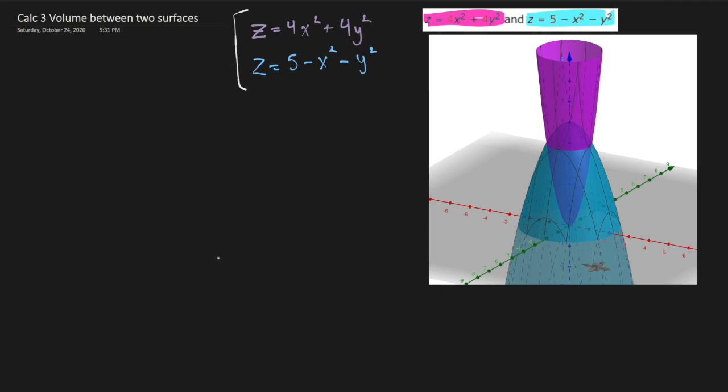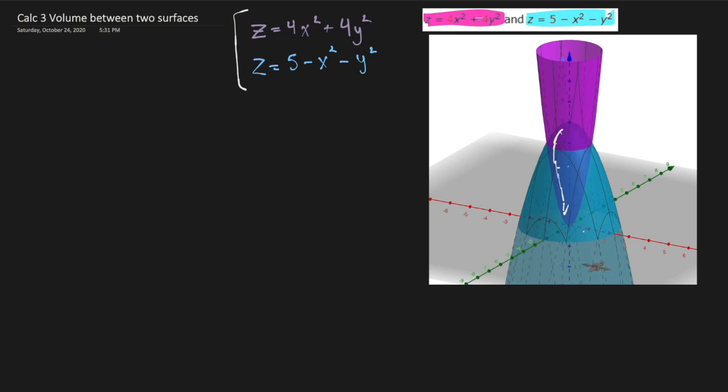Okay, so today we want to find the volume between these two geometric shapes, and we're going to find the volume enclosed. So this volume in here. So to do that, there's a few ways. We could